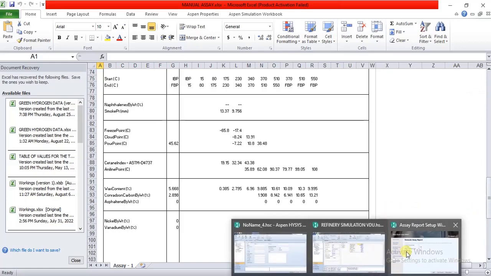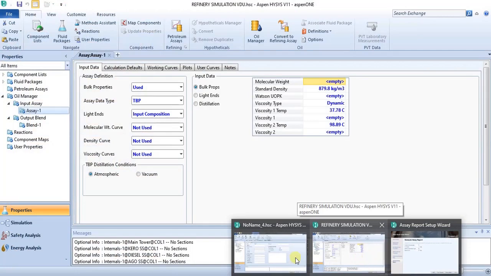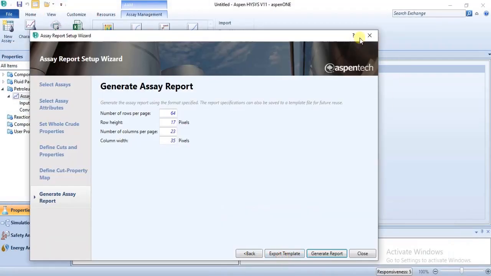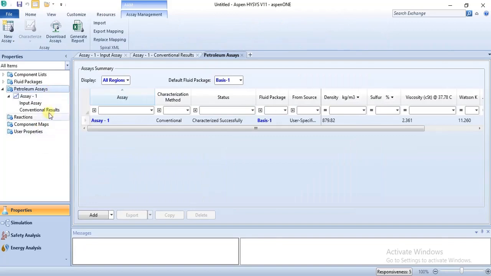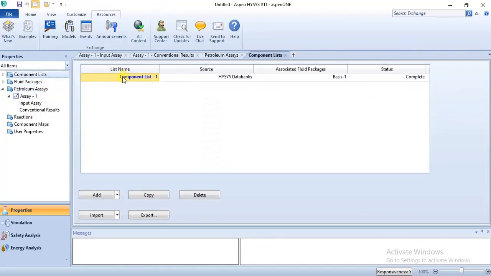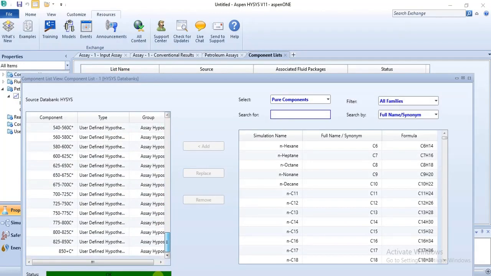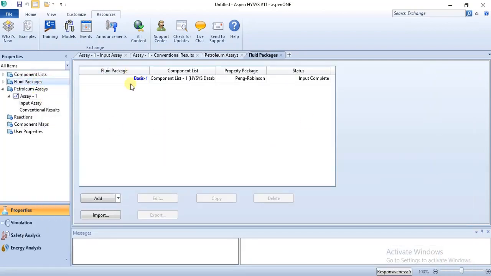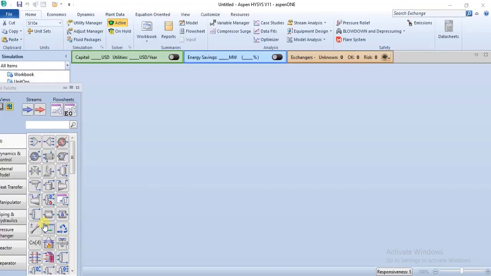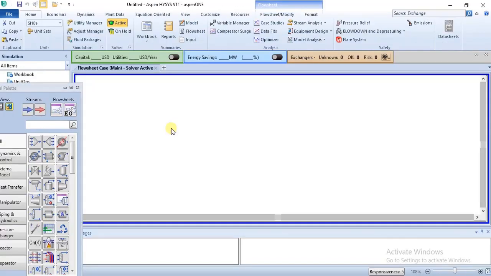Now, like I said before, let's exit this. You can start a simulation with this characterized crude, right? Because you have characterized it, the components have been specified in the component list, right? The components have been specified and a fluid package has automatically been chosen for the process. So everything that needs to be specified has been specified, you can get into the simulation environment and start simulating your